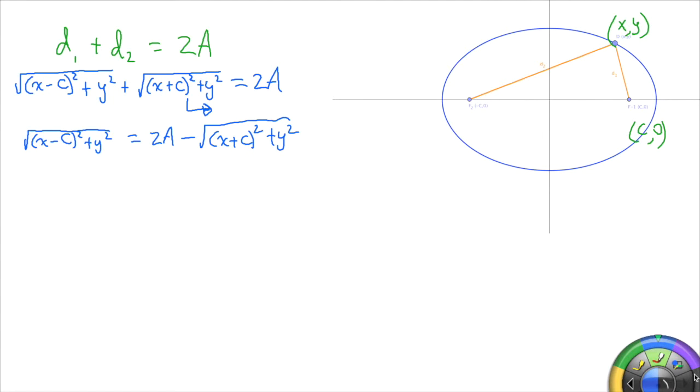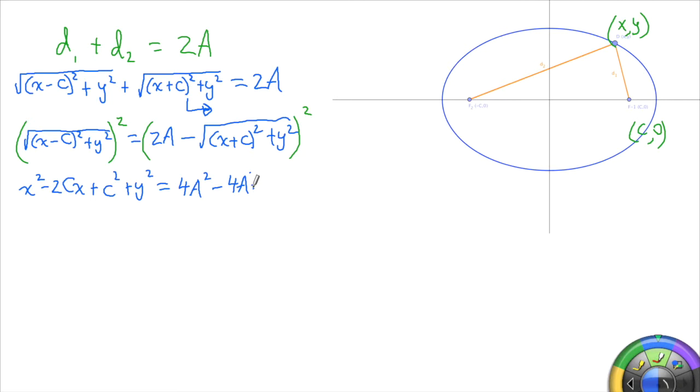All right, and then we're going to square both sides. So take this entire side and square it, which means we're going to have to FOIL it. Take this entire side and square it, which means the radical is just going to go away, which is kind of nice. So over here, we're going to get x squared minus 2cx after we expand, plus c squared plus y squared. And on the other side, when we FOIL, we're going to get 2a times 2a, which is 4a squared. We're going to get 2a times the radical, and then the radical times 2a, and both of them are going to be negative. So we're going to get negative 4a, I'm sorry, negative 4a,